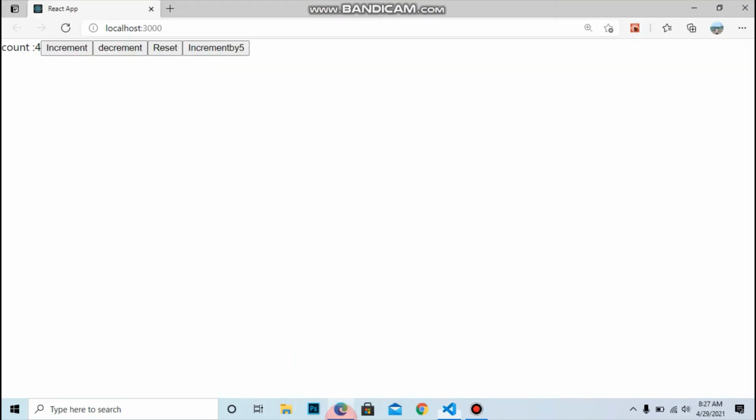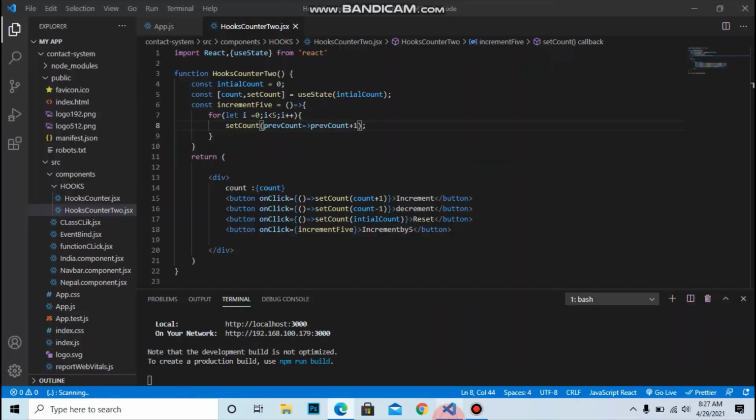So go to this and increment by 5. Previous state has access to the old state. So anytime you need to update the state value based on the previous state value, you should make a function with prevCount and pass the previous count variable. Then change all the values with previous count.